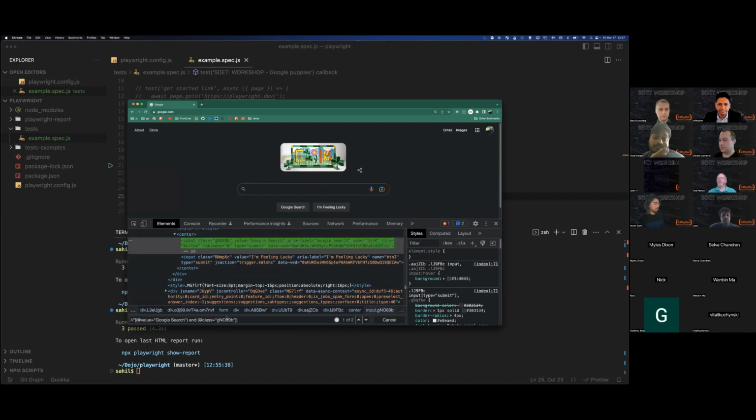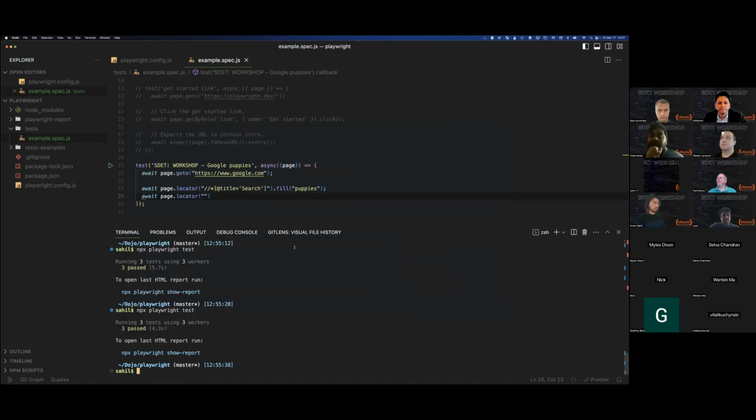Can you try to use page dot keyboard and then send the enter key instead of looking for another locator over here? Sure. Okay. Do you know the syntax for it? Yep. Just await page dot keyboard dot press.